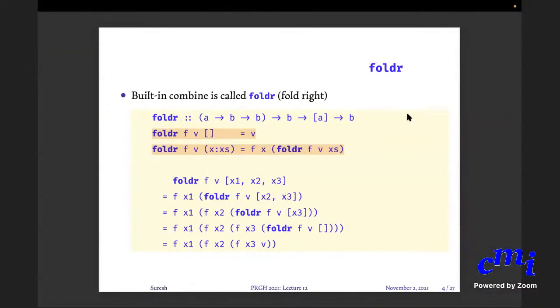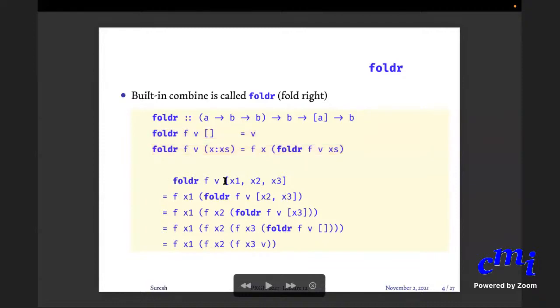So I just wanted to show you one example where you can actually sit and figure out the abstract type for yourself, but henceforth I'll just tell you how it works intuitively and then we'll proceed. Okay, we won't be doing it in such detail. So this is the definition of foldr. So let us see how foldr works.